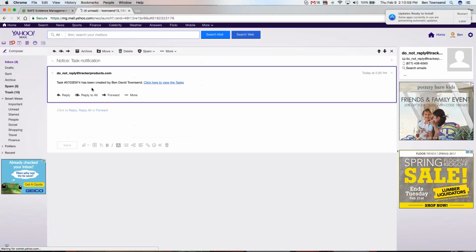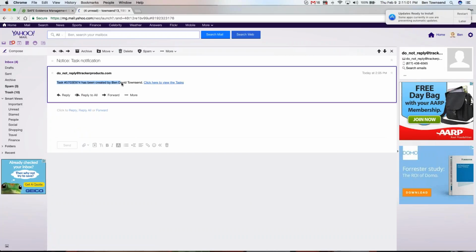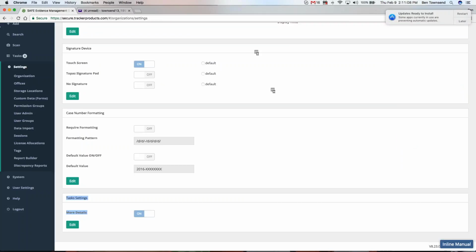What you'll notice by default is when the email goes out, it has very little information about what's going on. It doesn't say what's happening. It doesn't give any details about it. But if you go in and enable more details, when those emails go back, as a matter of fact, if